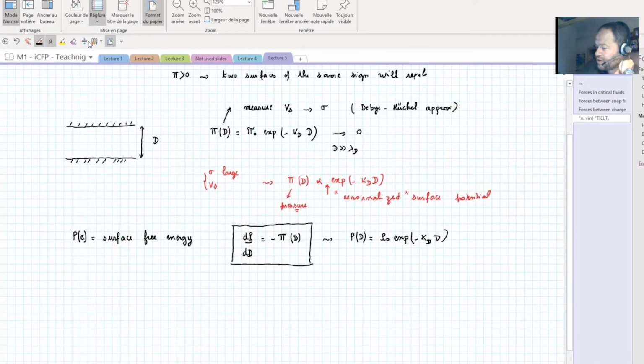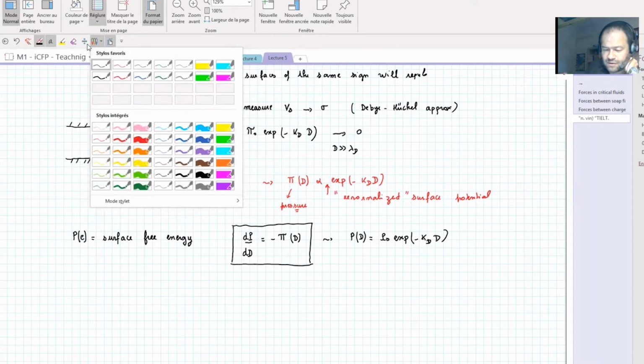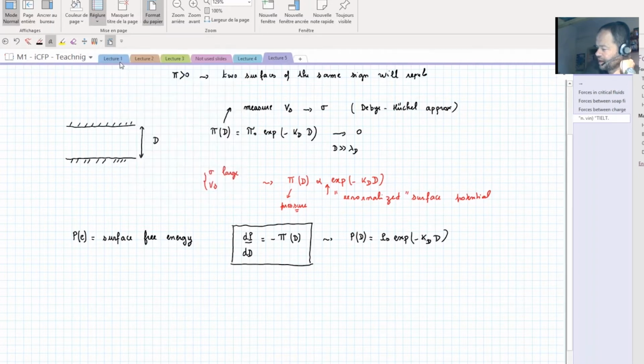Here we can make a remark, or maybe we have to wait a little bit before making this remark, and we have to go to the second point,